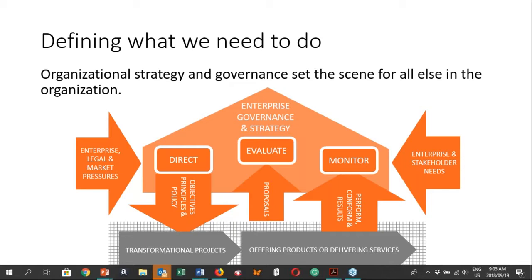You'll see that there are also some other arrows going into the block. Clearly, you need to understand the context in which you operate, both the macro environment, but specifically what your consumer body actually requires from your organization. And then obviously there needs to be some feedback from within the organization itself.